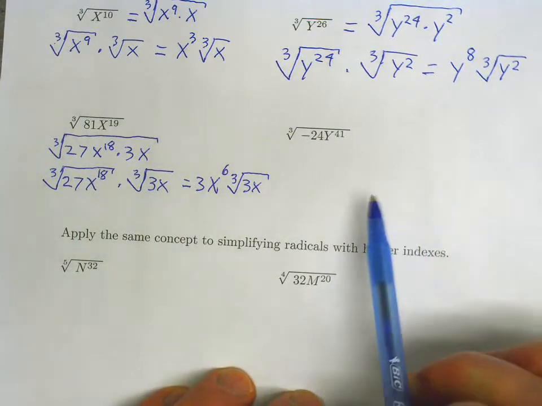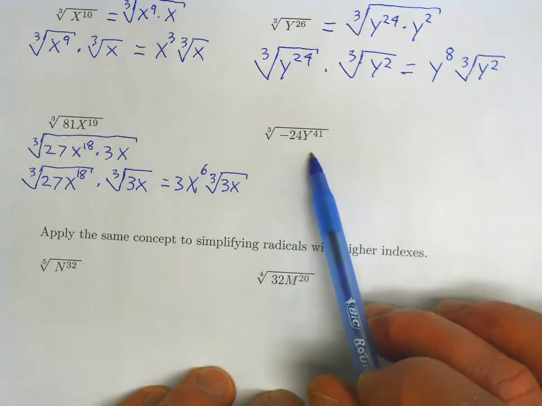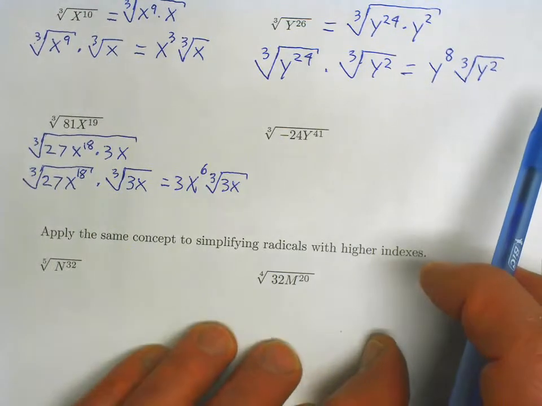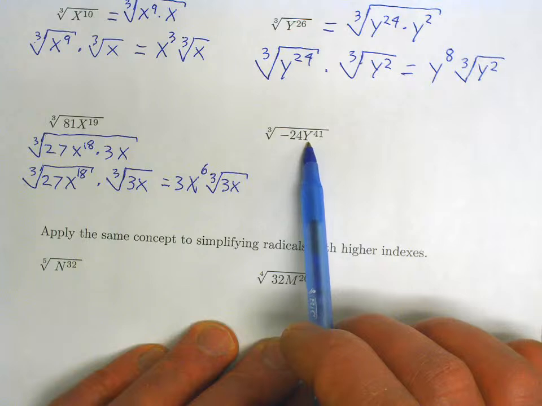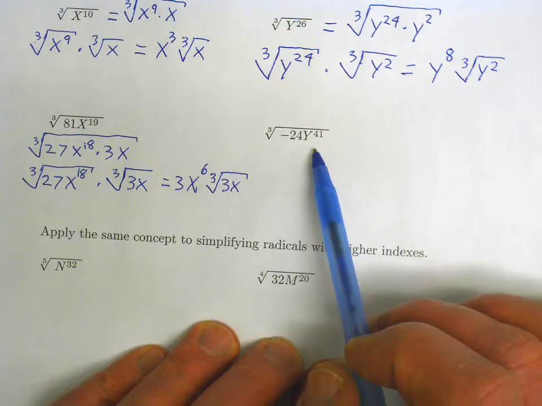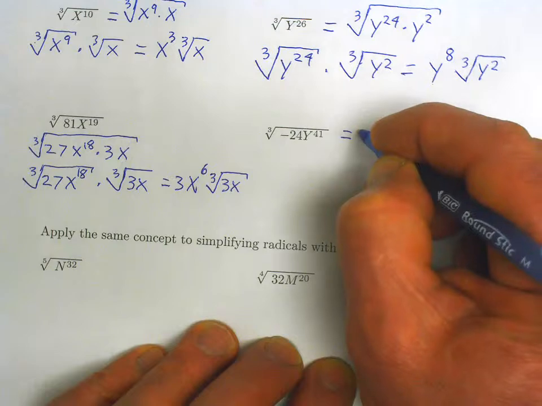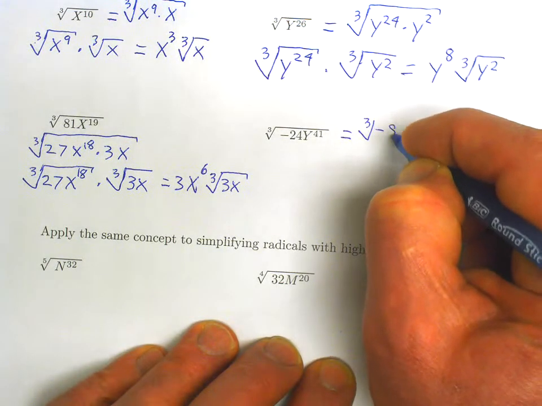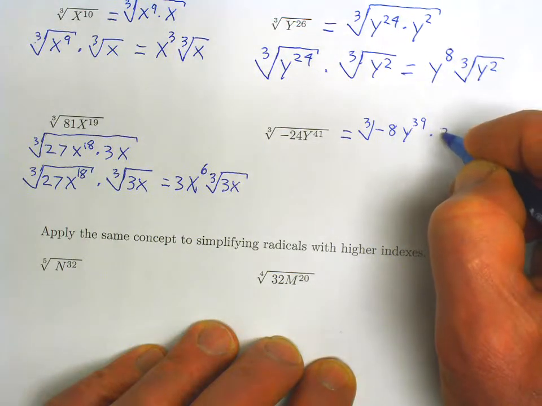Okay, in our next example, simplify the cubed root of negative 24y to the 41st. Negative 8 is a factor of negative 24. Negative 8 times 3 is negative 24. The largest perfect cube factor of y to the 41st is y to the 39th. Y to the 39th times y to the 2nd is y to the 41st. So we'll rewrite this as the cubed root of negative 8y to the 39th times 3y to the 2nd,